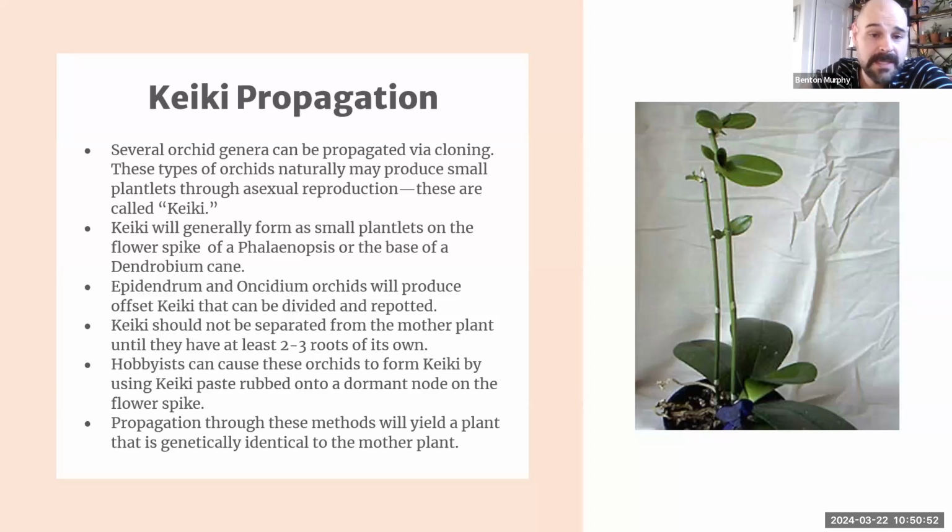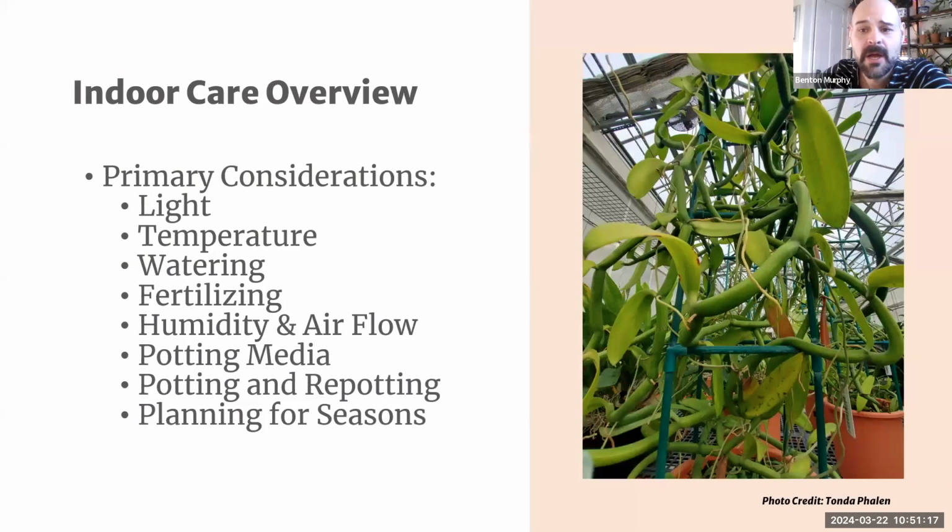Epidendrum and oncidium orchids also produce keiki, but in a different way. They produce offsets that can be divided and repotted. In fact, a lot of orchids, including cattleyas and bulbophyllums, can be propagated by division. You will need to understand the specific characteristics of your orchid species before attempting to do that, so I would suggest doing some research first, just to make sure you're not going to inadvertently kill your orchid. In terms of indoor care, we're going to talk about a few things here quickly: light, temperature,